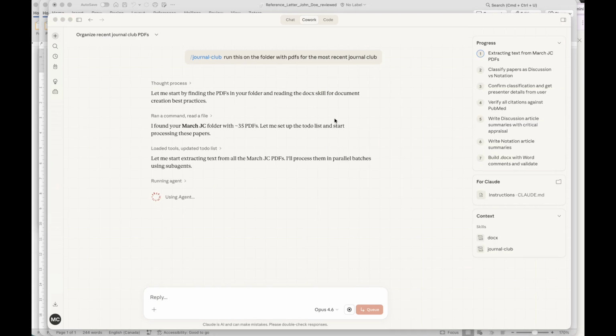So it's progressing. It's found the 35 PDFs here, and it actually creates these to-do lists of how it's going to classify this. So the first thing it's going to do is pull the text from these PDFs. It's then going to figure out which ones should be for discussion versus notation. It's then going to confirm how it should classify them with us, and it's going to then make sure all